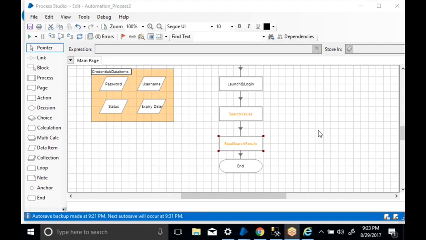Don't worry about that. One thing: while we are using three different actions, we are calling them from the process. Can we call one action from another action? For example, we have a search values action, and before search we need to log in. Can I call the launch and login action inside our search value action? Yes, we can call it. That I will cover, topic wise, one by one. These are the next upcoming topics.